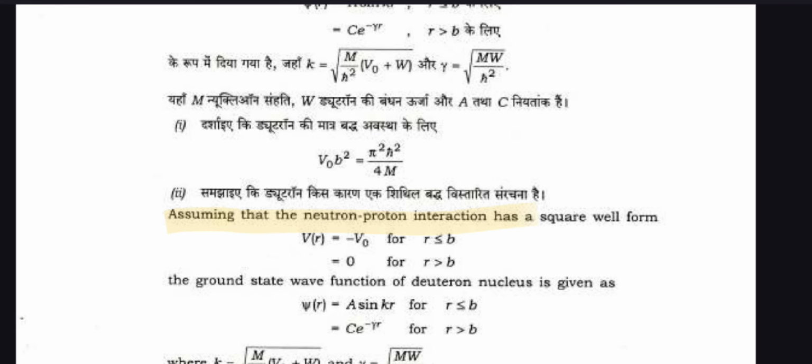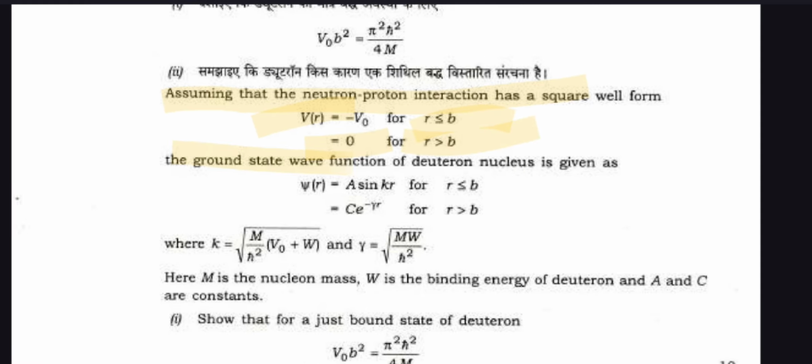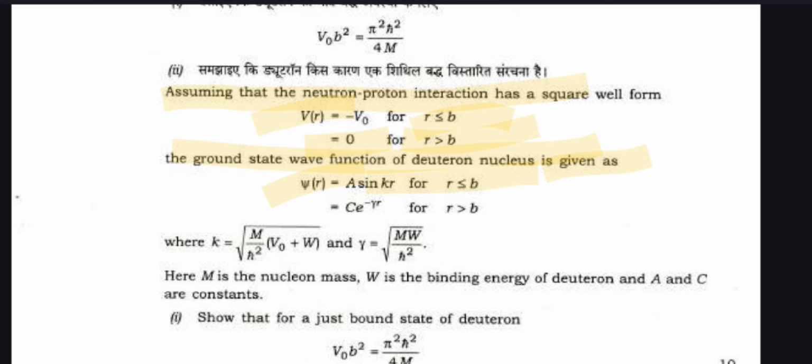Assuming the neutron-proton interaction has a square well: V(r) = -V0 for r less than b, and 0 for r greater than b. The ground state wave function of the neutron-proton system is given as u(r) = A sin(kr) for r less than b, and C e^(-γr) for r greater than b,